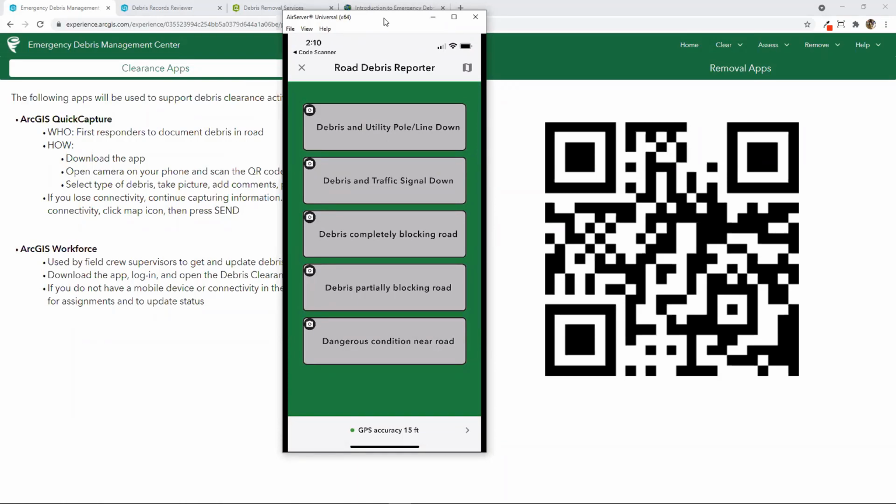And so then moving into the event itself, immediately after a disaster event occurs, emergency managers are going to be deploying first responders or other personnel to go out and identify roads that have been obstructed by debris. We want to be able to clear those roads, especially to critical infrastructure, to hospitals, to police and fire stations, getting those search and rescue teams, getting those medical teams out to provide that life safety support to the